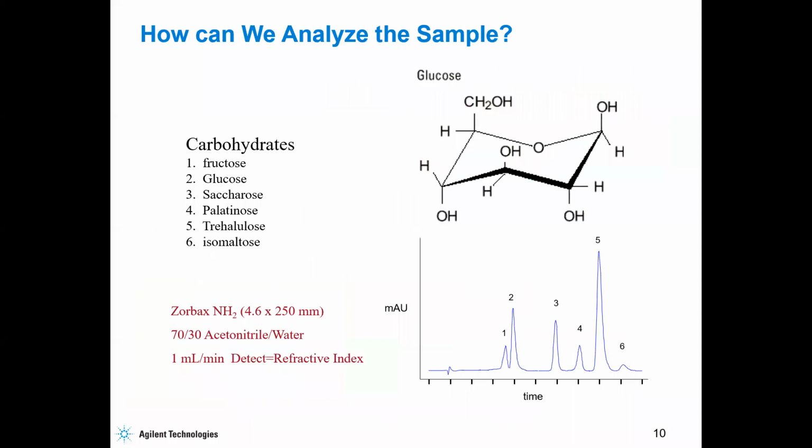Then still talking about the comparison between HPLC and GC. In terms of sample preparation, for HPLC, the sample must be filtered and the sample should be in the same solvent as the mobile phase. See, my mobile phase is acetonitrile. My sample must also be in acetonitrile. Unlike in GC, I can extract in one sample